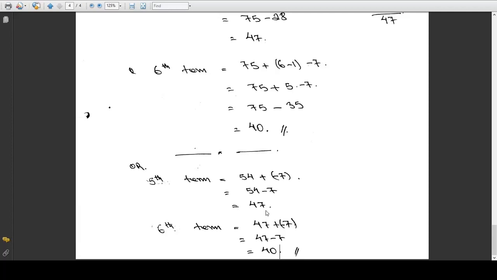Now we have come to the end of this part 7, and I hope you are clear with this. If you are not clear, then you just go again,